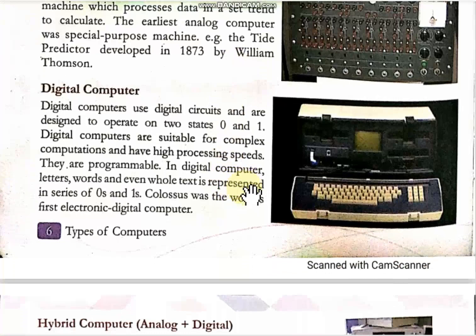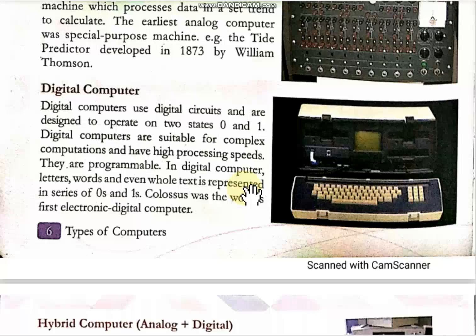They found that digital computers have high processing speeds. They were easy to operate as compared to analog computers, and the first digital computer that was introduced was Colossus. The PCs that we use today, or like the PCs, were of big size for digital computers, but the speed was very good. So this is how the digital computer was introduced, but there were still many drawbacks in digital computers.